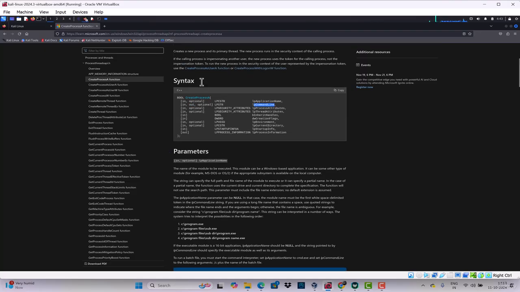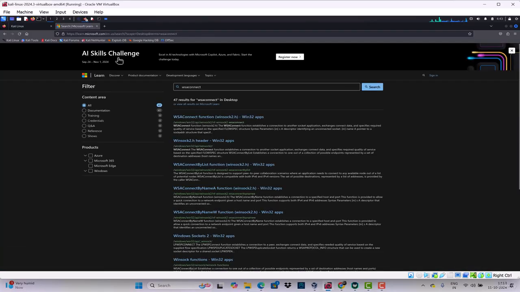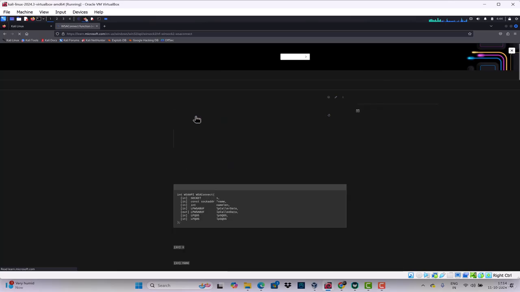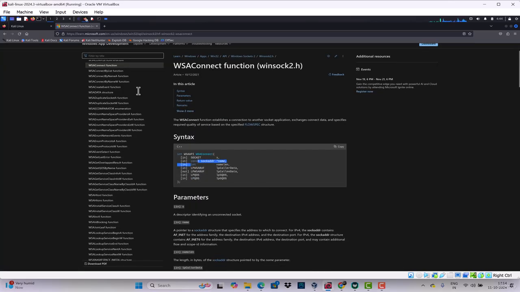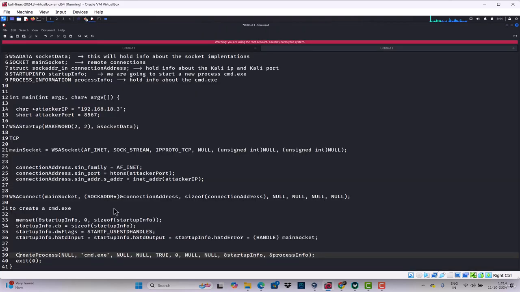If you have any doubt in any of the programming, you can use that. Okay, so you can search for WSAConnect. It's a Winsock library function, WSAConnect. So here you will be seeing the connection socket. These are the parameters we will be giving there. Okay, so we will take this WSAConnect